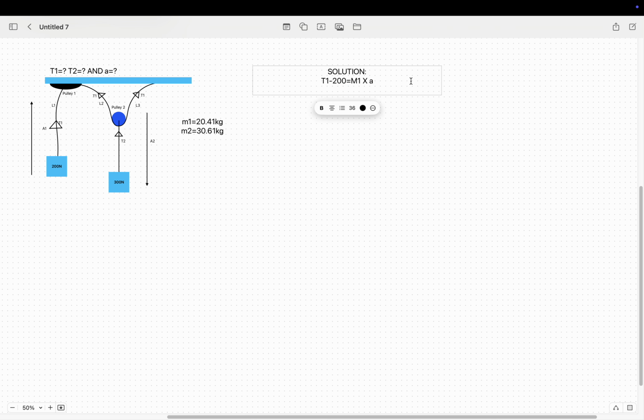So for the second object, the 300 Newton weight is acting downwards due to gravitation, in favor of gravitation, so 300 minus T2 equals m2 multiplied by a, right? This is equation 1, this is equation 2. Okay, so now